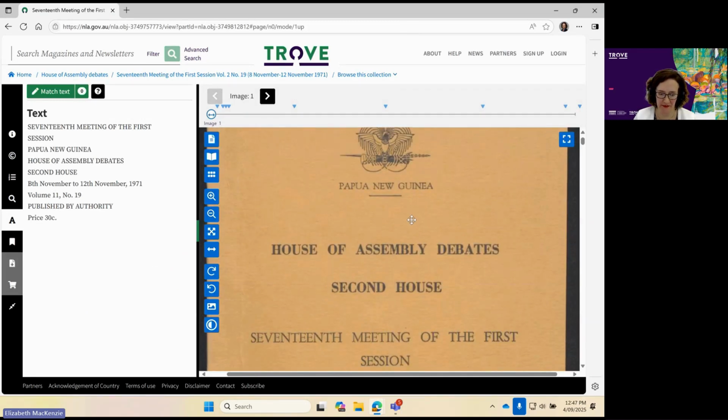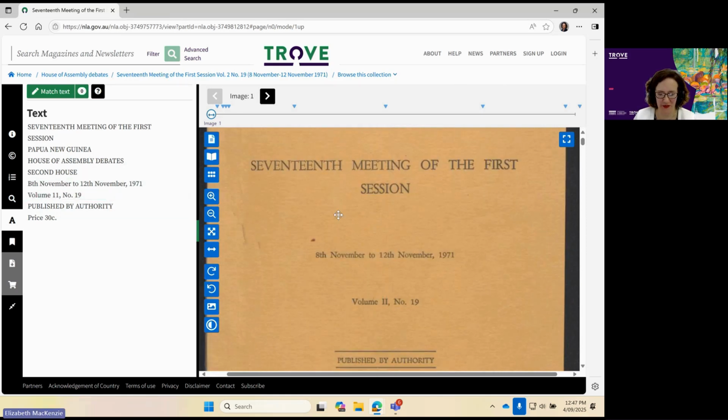And when it loads, you can see that we've got the digitised item itself in the right pane here. And on the left pane, we've got what we call OCR, or Optical Character Recognition. This is a software-generated version of the text, and sometimes it's got mistakes. You can see a little one there. It should be the 8th of November. Now, if you want to, you can click on the little pen and edit that text, and that's called text correction. I'm not going to go into that now, but if you want to know more, you'll find it in the help pages here.